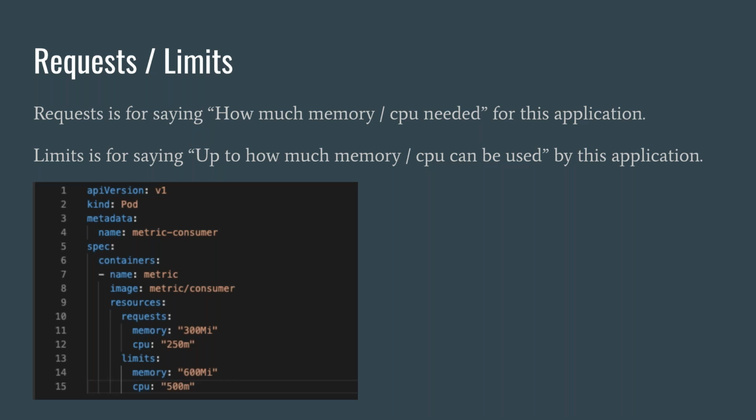Here, when you say 600 megabytes of memory at most, if your cluster is overloaded and needs more memory, it can be up to 600 megabytes in this case. And with the CPU part, it can be 500 millicore at most. So those values are just about the design. While you are designing your system, you need to think about this part.